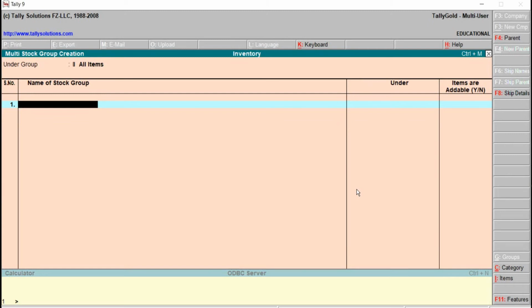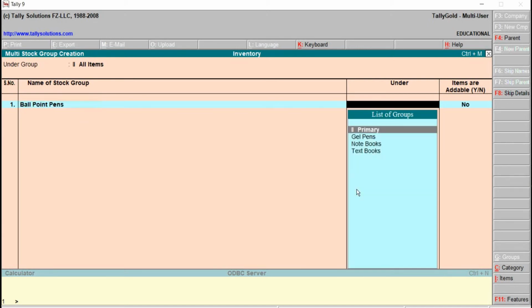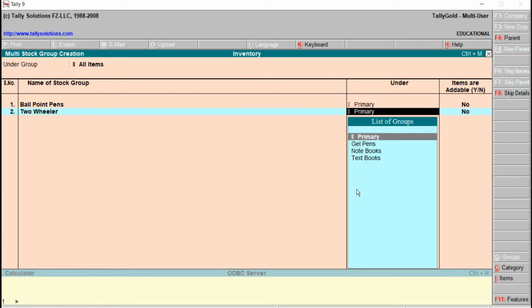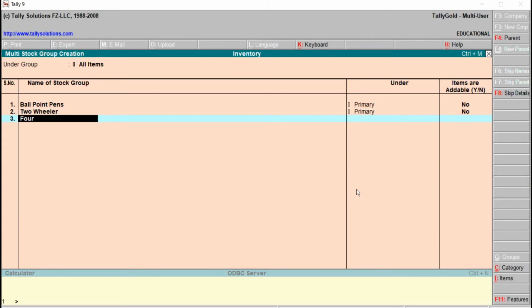I just take here ballpoint pens, under primary, no. Next one we will go for two-wheeler, primary, no, four-wheeler, primary, no. Then later save this by pressing Y from the keyboard to accept the group creation.